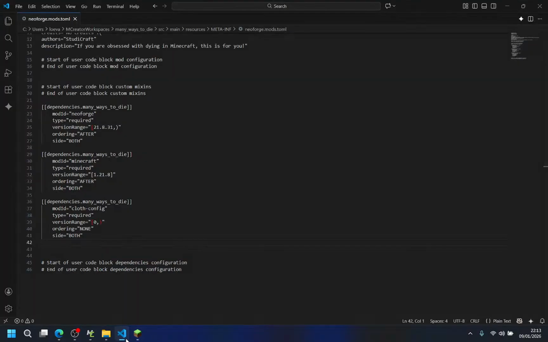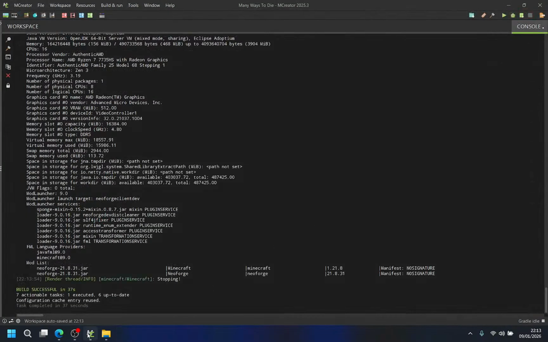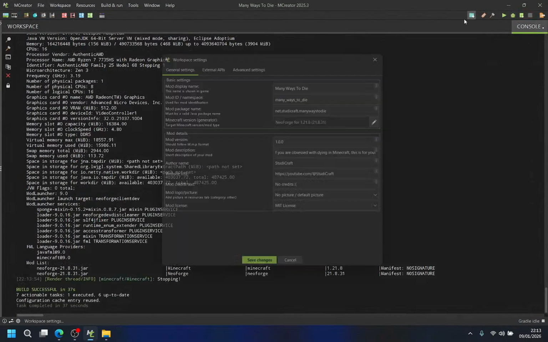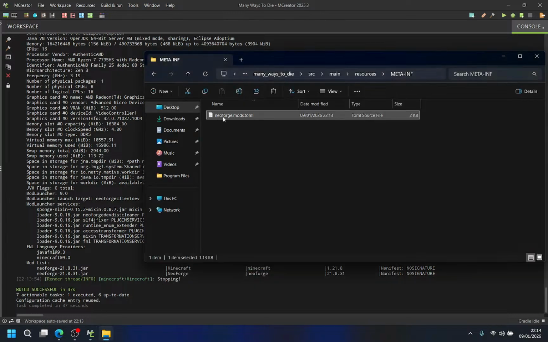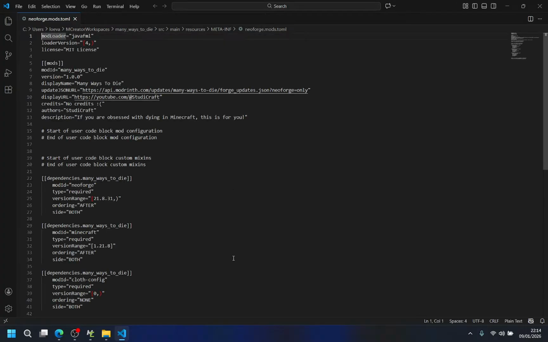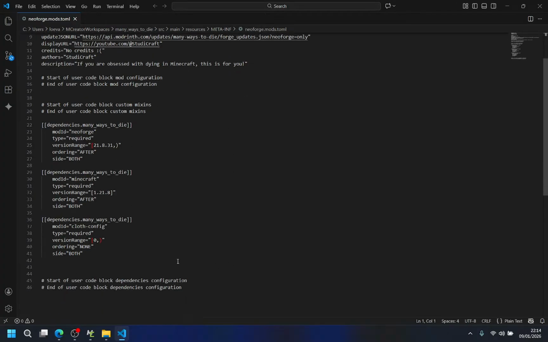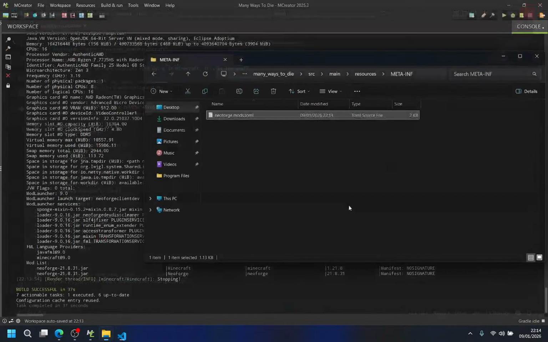They did. I want to flip it. Why doesn't it work? Wait, do I have to do it through MCreator? If I can even do it through MCreator. Ooh, this might be a way. Save changes. And if I try to open it back again, it's still there. But that's okay, I guess.